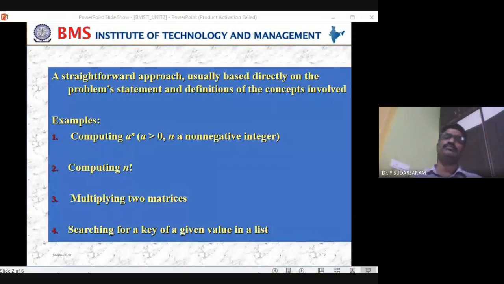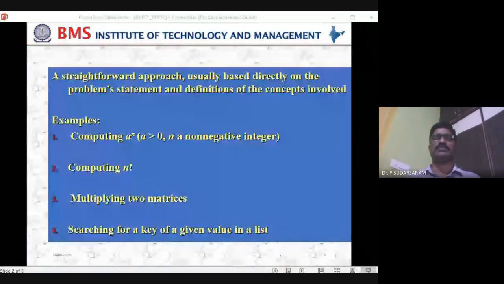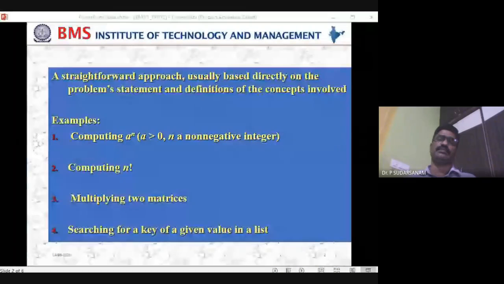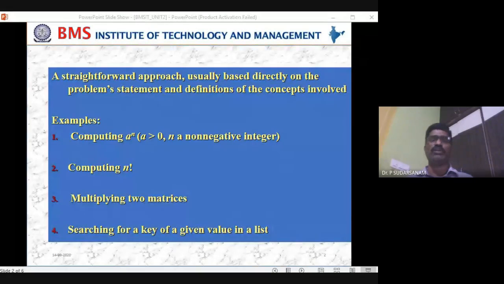Next is best, worst, and average cases. Best, worst, and average cases apply when your program stops somewhere in between. That means searching techniques only, where it will stop somewhere. Suppose I want to search a database, and if I get it within the 5th or 10th record, there is no need to execute the remaining things. There you can write best case, worst case, average case. When you find it the first time itself, that is called the best case. Worst case is nothing but the whole input size. Suppose you have n records and you get the nth record, that is called the worst case. That is what you will be writing: best, worst, average cases.